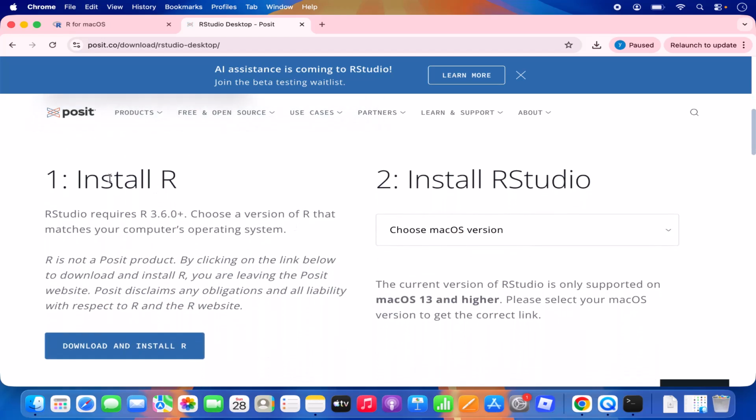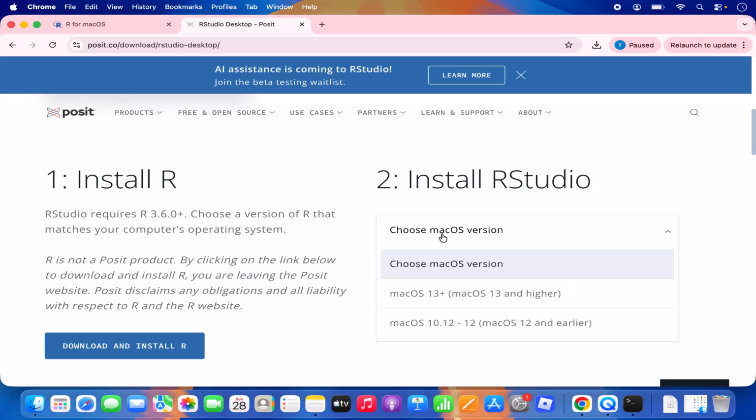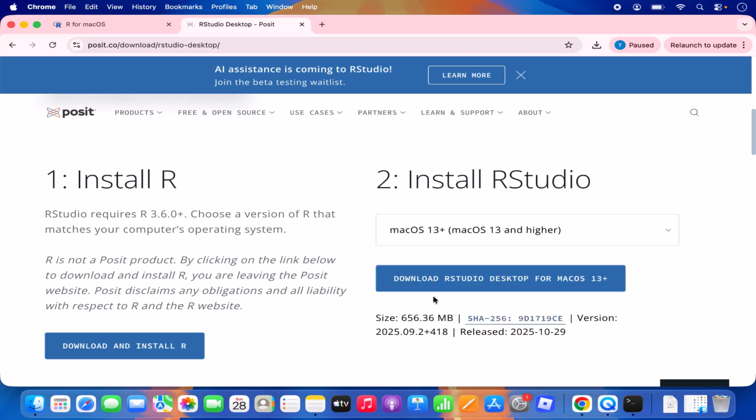First step is install R, which we have already done. So we have already installed R programming language. And the second step is install RStudio. So here, choose the macOS version. So we need to choose this macOS 13 plus version in order to run it on the newer Macs, right? So choose this one, which is macOS 13 plus, and then click on this download RStudio desktop for macOS option,